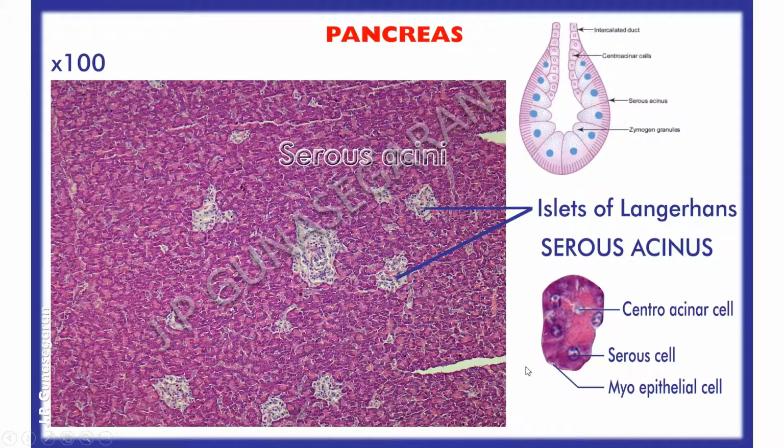The pancreatic acinus differs from the serous acinus of parotid gland in having pale staining centroacinar cells in the lumen. This is an enlarged serous acinus, and this one is a schematic picture of longitudinal section of a serous acinus. These cuboidal centroacinar cells represent the invaginated intra-acinar part of the intercalated duct.